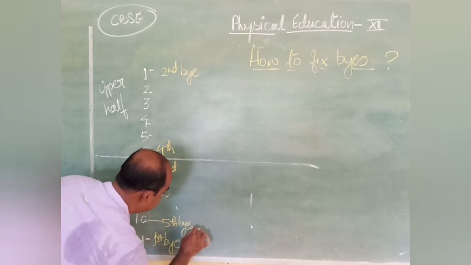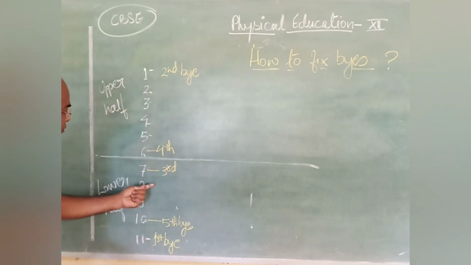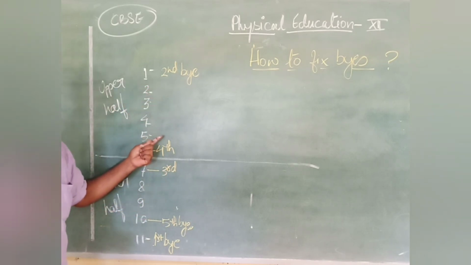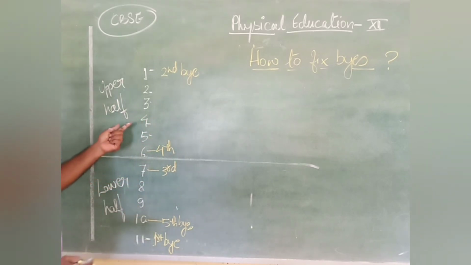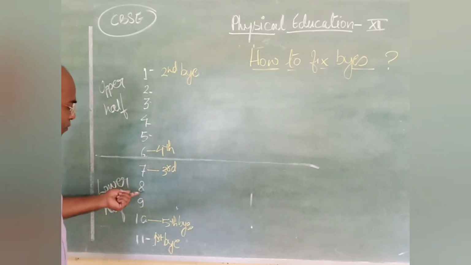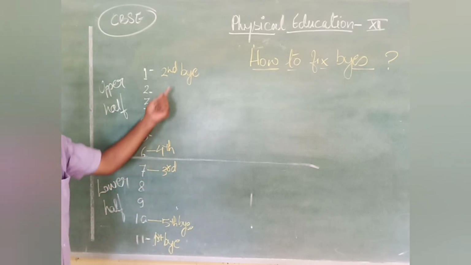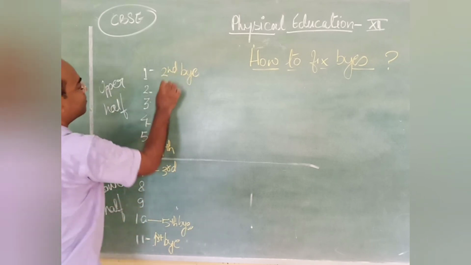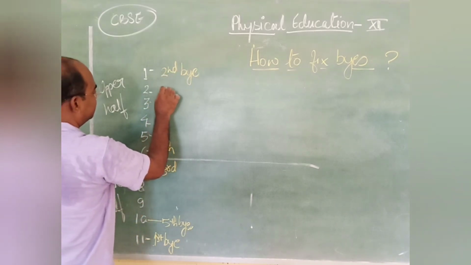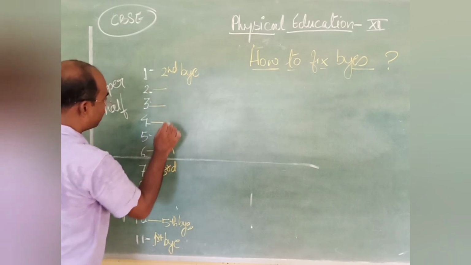Fifth bye. Okay. So in case if there are 6th bye, we will place here, 7th bye we will place here, 8th bye we will place here. This way we keep on placing byes. So as per the formula, there are 3 byes in the lower half, there are 2 byes in the upper half. So now we place the team. The first team got the bye. This is number 2, number 3, number 4.